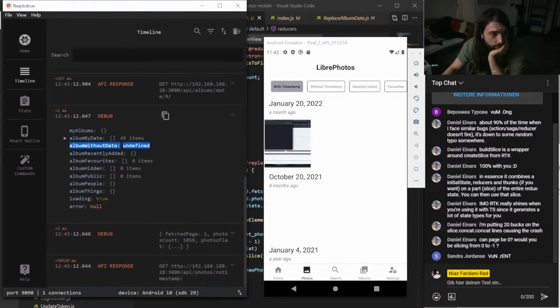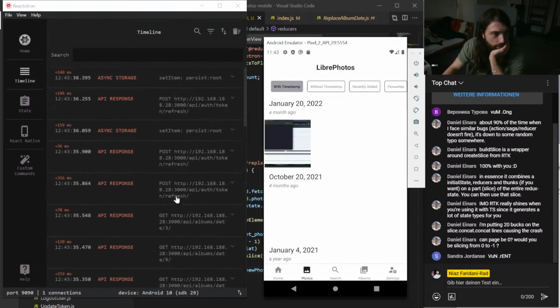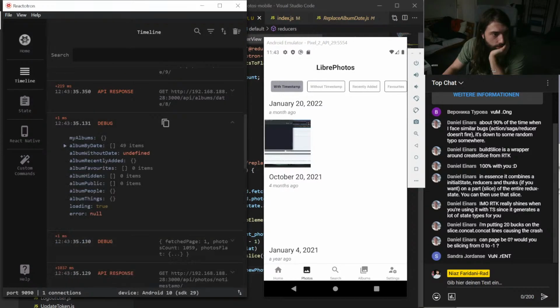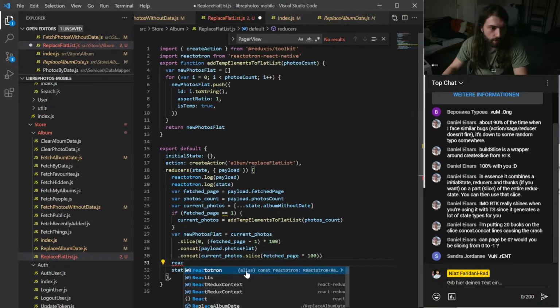Undefined, okay. So somehow if I go back here, it ends on undefined. That's super weird. Okay, because I'm pretty sure that I tested that enough and that's not undefined.